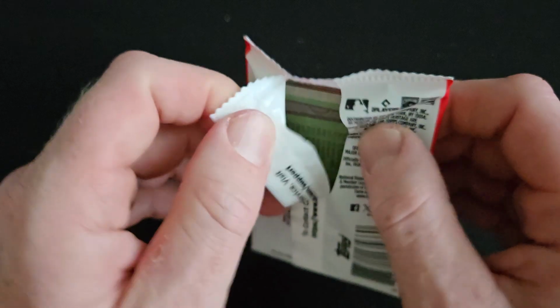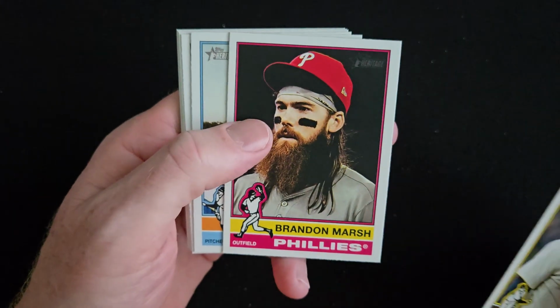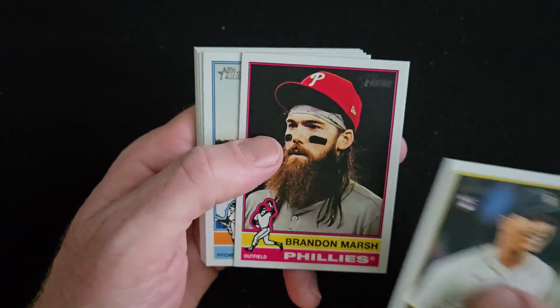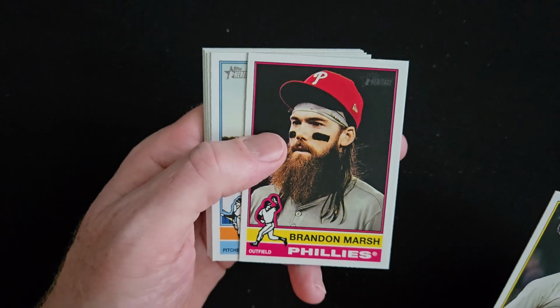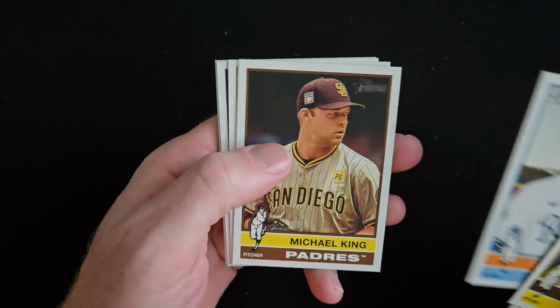Right now might be a good time to stock up on NFL quarterbacks if you were going to try to play the seasonality game. Once you get to training camps, those cards will start to move back up. And if you catch them on sale right now, you could flip a card for some good profit. Cole Ragans, Michael King,